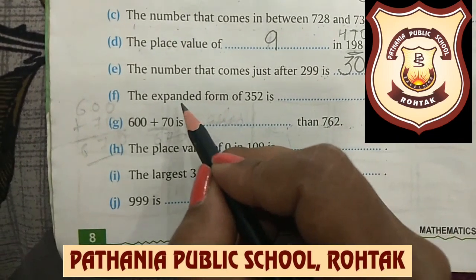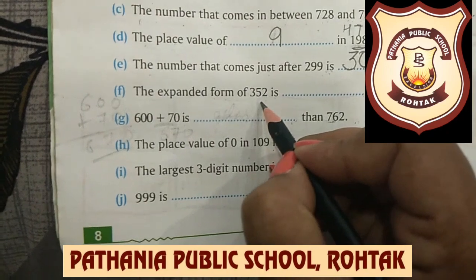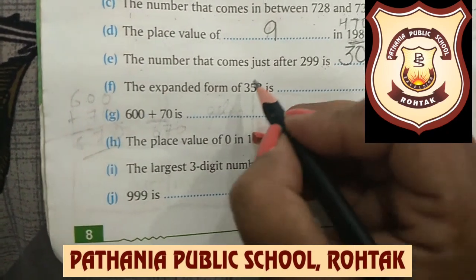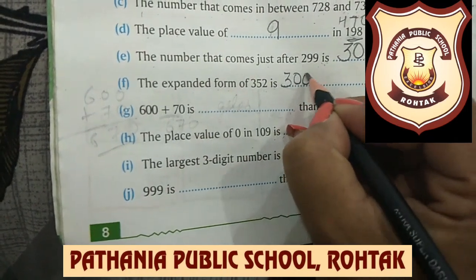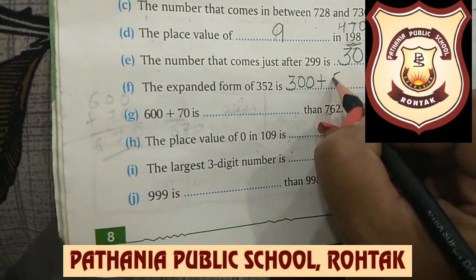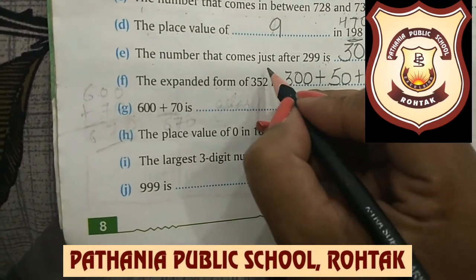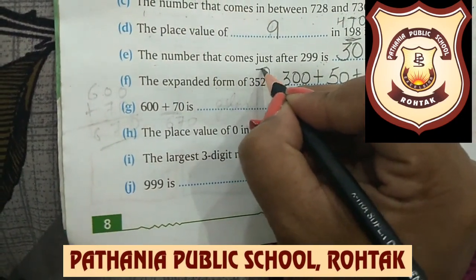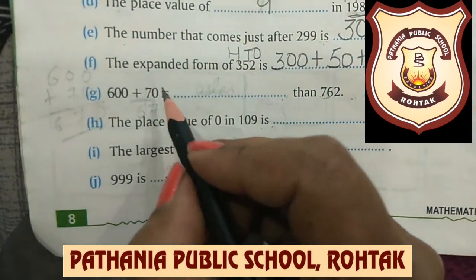In the next, the expanded form of 352 is. See beta, expanded form means to write in detailed form and it will be in the same pattern as we are speaking. 300 plus 50 plus 2. You can also identify the places by writing ones, tens and 100. Now next is asking